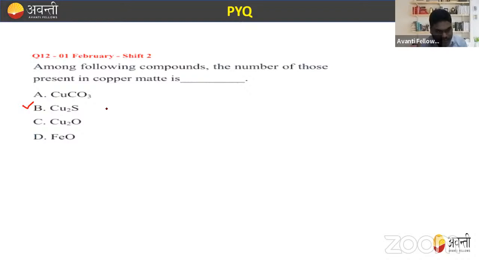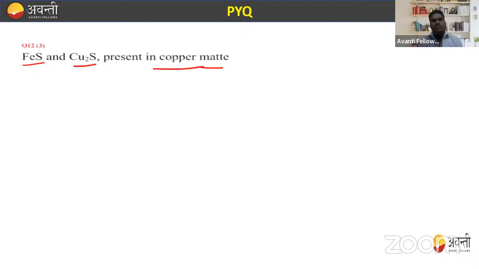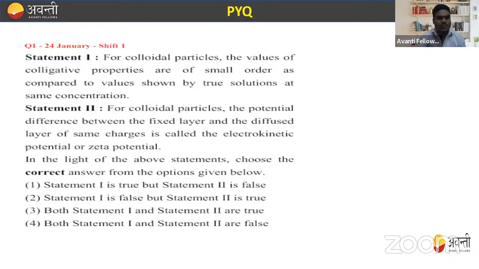Yeah. And one more important note here. Also remember one important thing, that copper sulfide and FeS both are present in the copper matte. Okay, so one important extra name you must remember, that is FeS. This must be remembered. So FeS and copper sulfide, they both are present in a copper matte, right? I hope it is clear to you? Okay. Now